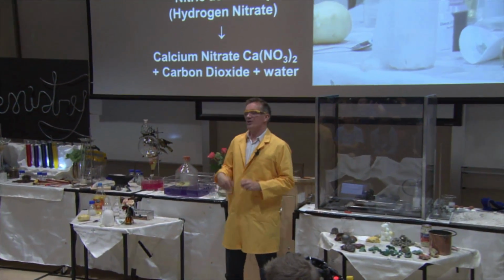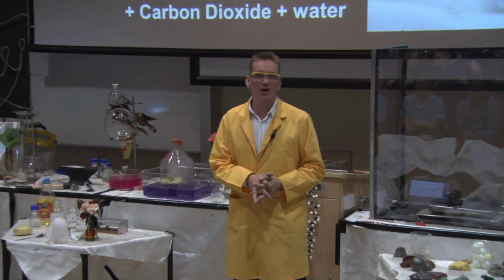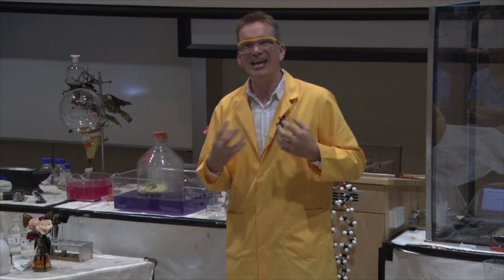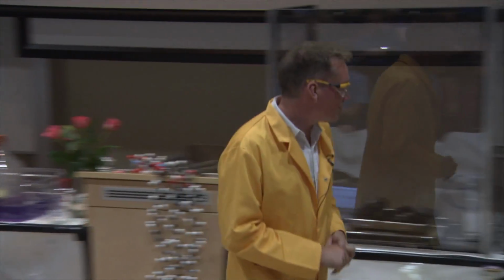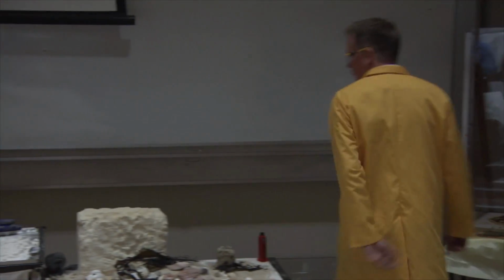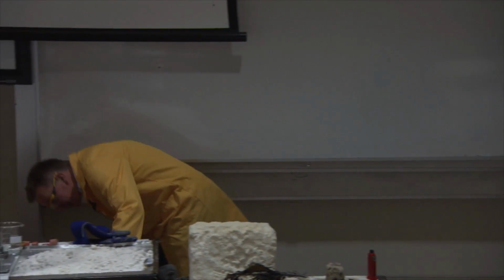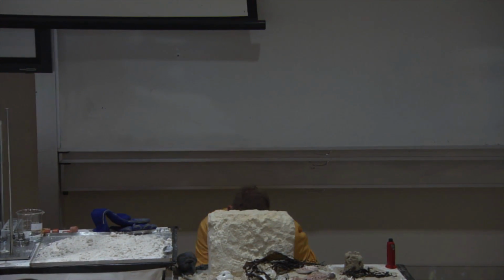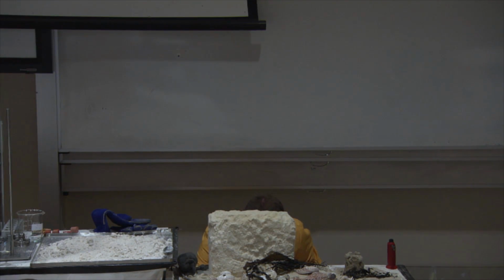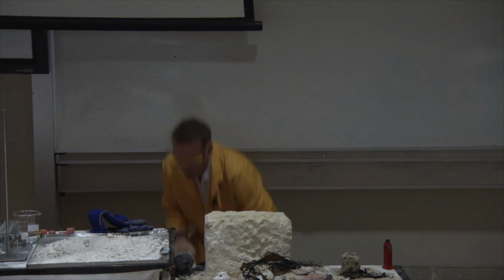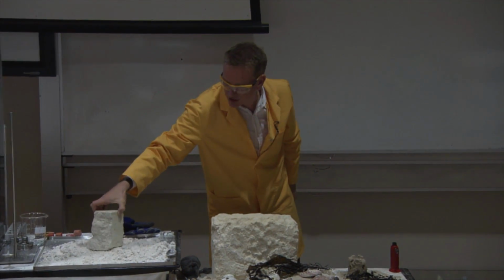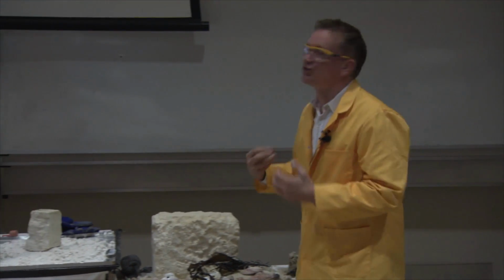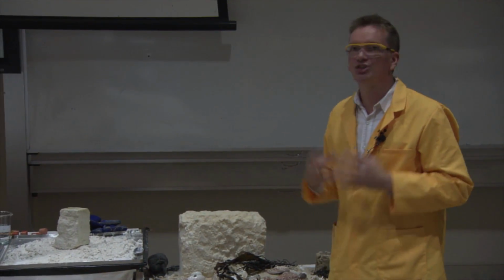But there's another way that we can drive out the carbon dioxide from the calcium carbonate that the shells are made up from. And we can do this just by heating it up. So, this block here is made of our calcium carbonate, but I've got another block somewhere down here. Let's have a look. And this block, well, it looks just the same, but we've heated this up overnight, and we've driven away the carbon dioxide just by heating it.